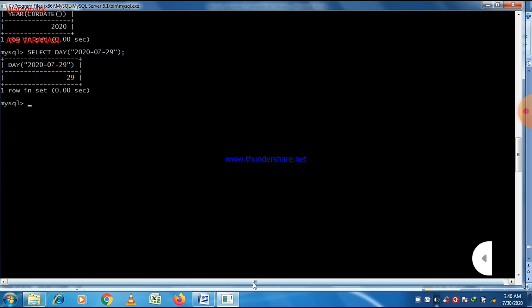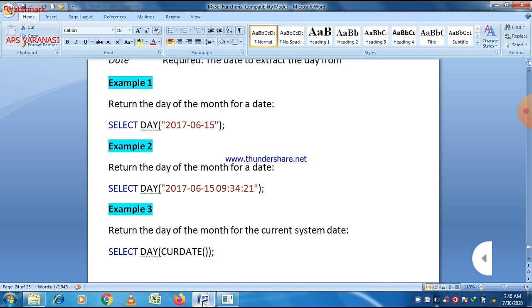There is another function named day name which gives you the name of the day. You can use it with the current date and with date and time values.